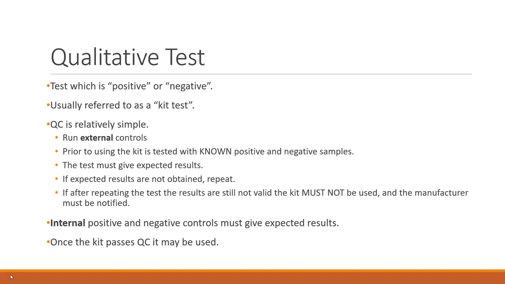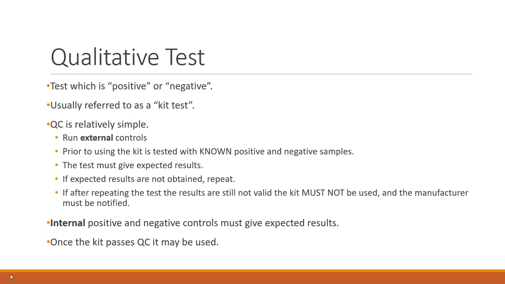If the expected results are not obtained, you can repeat it, but in kit tests they may only provide enough QC material to run it once. But if after testing the test results are still not valid, the kit must not be used and the manufacturer must be notified. Because if your positive QC sample is not giving a positive result, then you will fail to